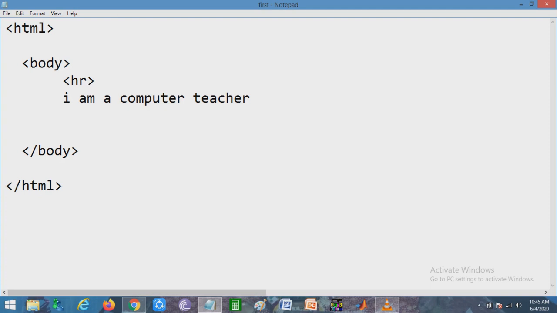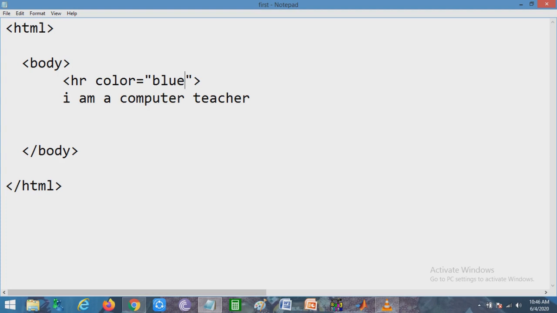So here it is HR. I want to make the rule in a different color. How to? HR, then mention color, COLOR, and then equal sign, and inside the inverted comma just write the color you want to make here on the browser for the HR.